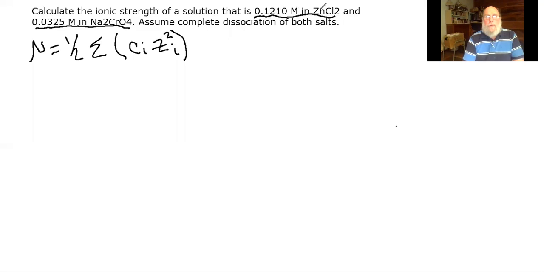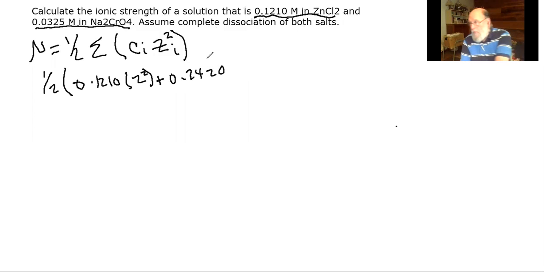And it's all additive. So I've got two different salts in here, zinc chloride and sodium chromate. And so basically all we have to do is plug it all in. So 1/2. So I've got 0.1210 molar zinc chloride and zinc, and that is 2 squared, plus, now with the chloride, for every zinc we have 2 chlorides, so it's 0.2420